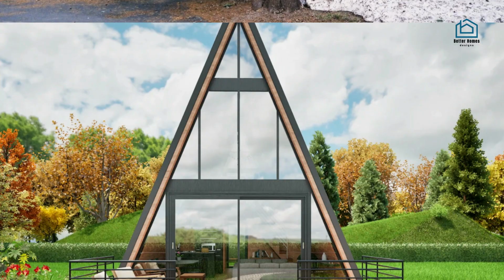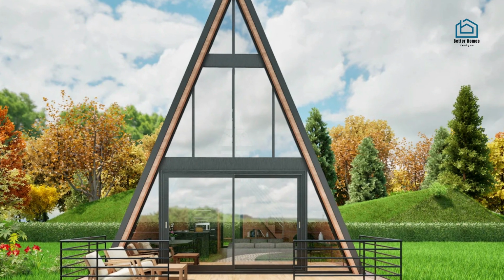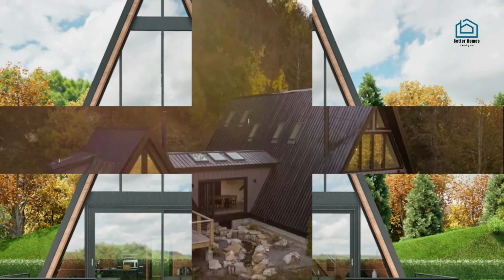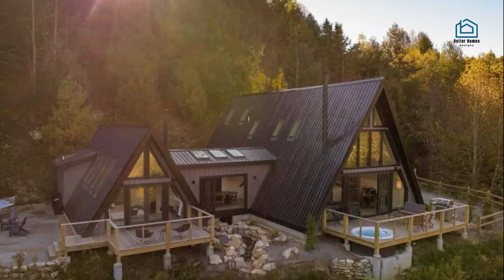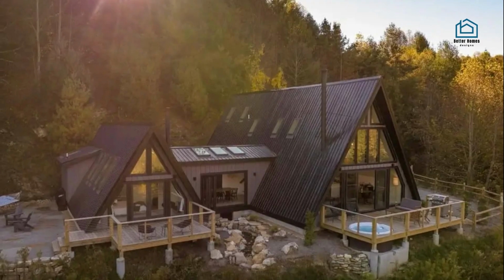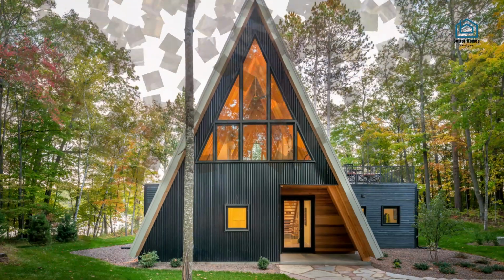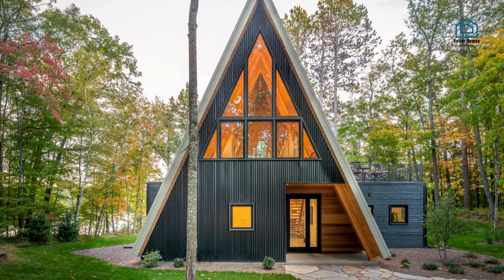Perhaps the greatest benefit is the psychological connection to nature. The large glass gables common in A-frames act as a literal window to the world, making even a small cabin feel expansive and serene. Decorating the exterior of an A-frame requires a balance between highlighting its unique geometry and blending